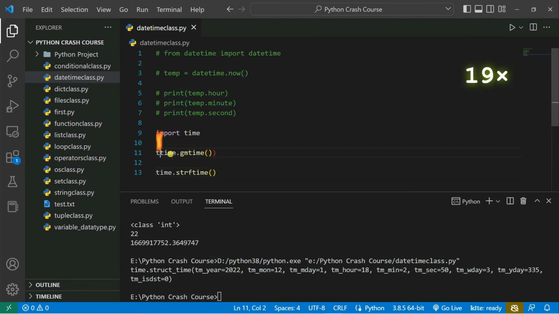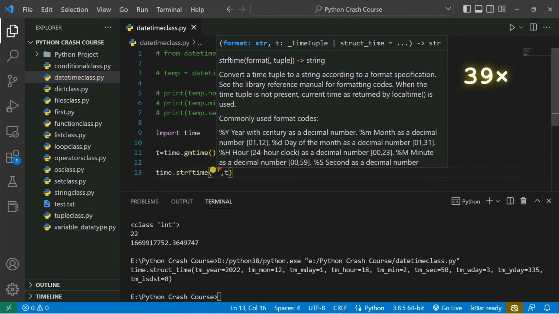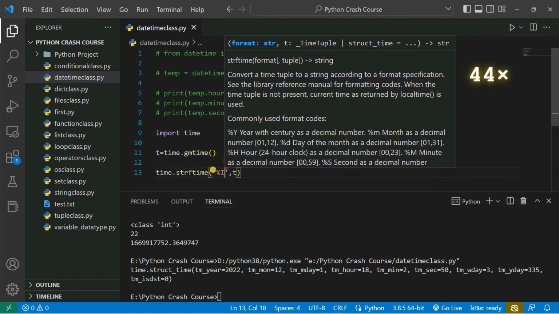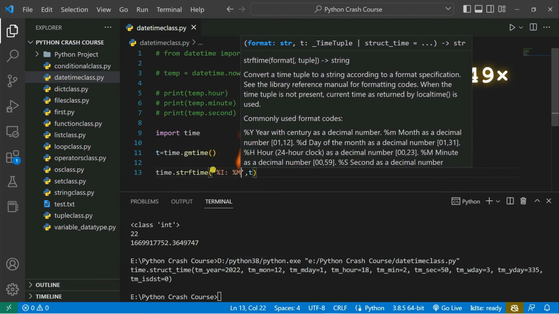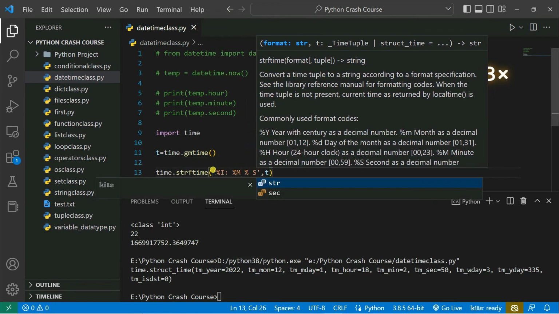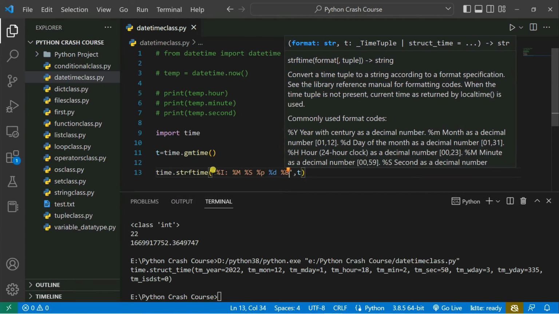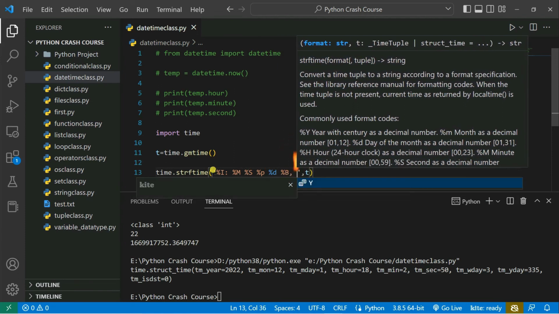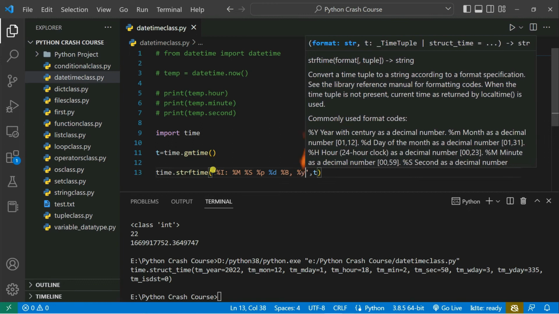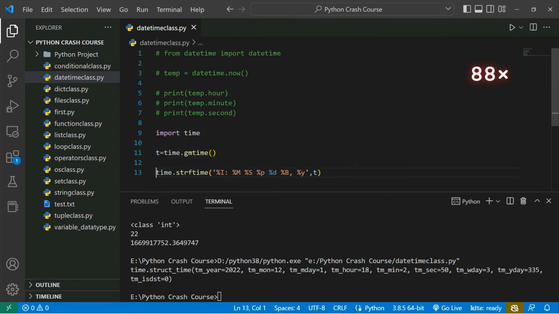So if I save it inside a variable called t, and then pass it here, I also need to give some format strings. The first format for the hour is %I, then for the minute we can use capital %M. For the second we can use capital %S. Then for PM or AM we can use %p, and %d, and %B is nothing but January or February or March, like that. Then for the year we can use %Y, a capital Y. So if I'm trying to print it,